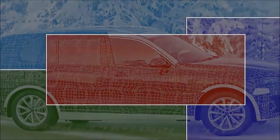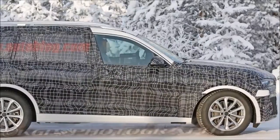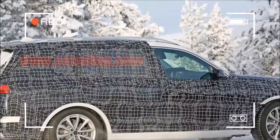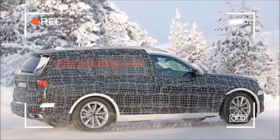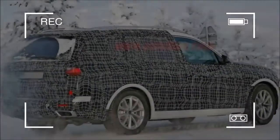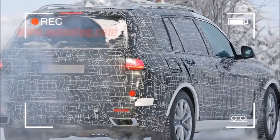Almost right after we reported spy photos taken of the upcoming new BMW X5, with its facelift bringing its looks closer to the X7, that flagship SUV has also been caught winter testing near the Arctic Circle, covered in protective vinyl. The X7 is known to feature enormous kidney-shaped grills, but on this test vehicle the front brightwork appears to